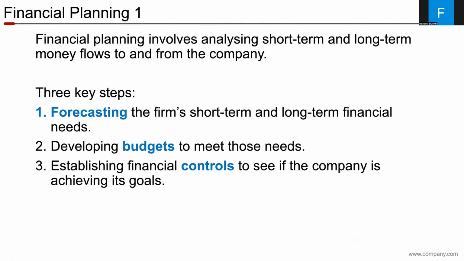So once a forecast has been made, then the budget can be built around the forecast, estimating needs for employees, needs for supplies, anything else surrounding the operations of a given estimate. And three, establishing financial controls to see if the company is achieving its goals. So this could mean mid-month, end of month, periodic audits, or other assessments of financial numbers to see if sales are on par with what is expected, to see if production is meeting demand, and so on.